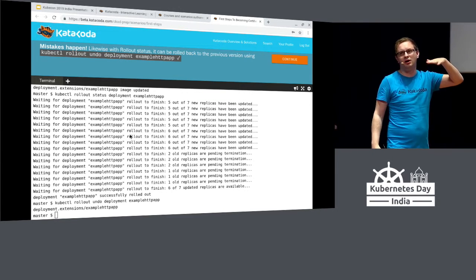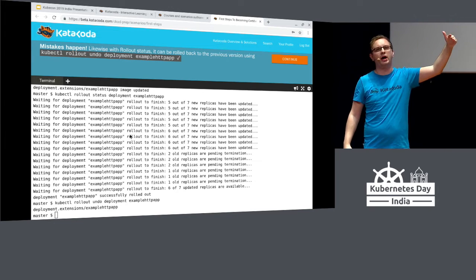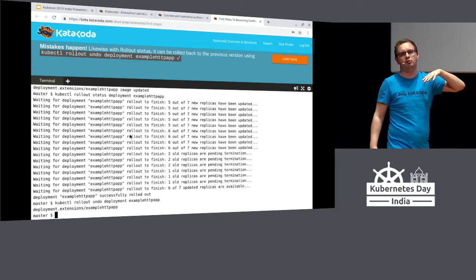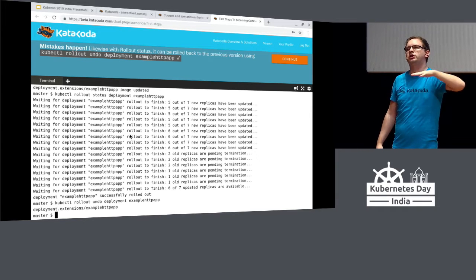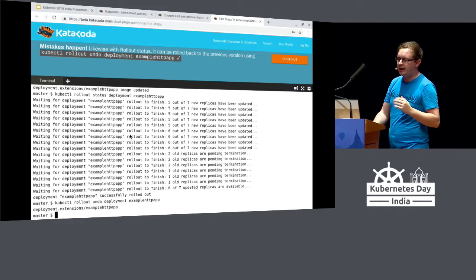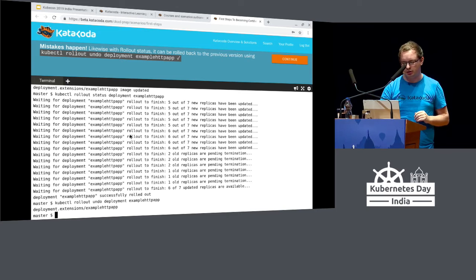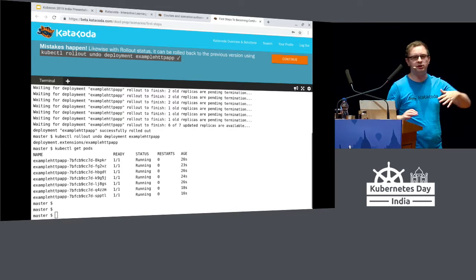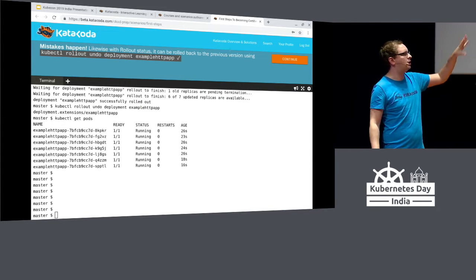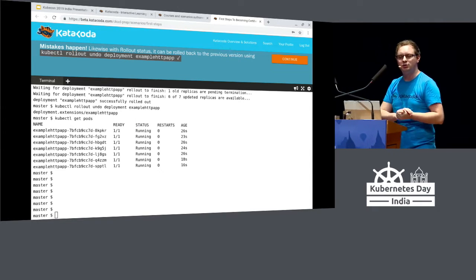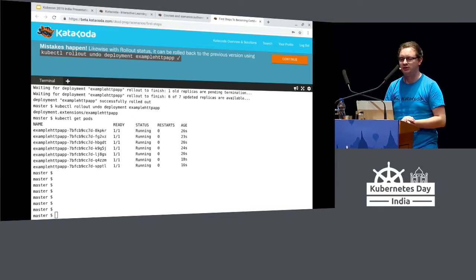Kubernetes keeps a state of what changes have been happening and what has been rolled out and what versions are there. And so now Kubernetes will detect that we've requested a rollback, and it will automatically revert what change has been made in the last deployment, in this case, updating to version 2. And then it will roll back all of our changes and go back to that previous version. If we go back and say get pods, we can see that all of our applications got started, and now they've been shut down, and we have everything left and now running back in our safe, very happy version 1, and we're now back into a reliable, safe cluster.